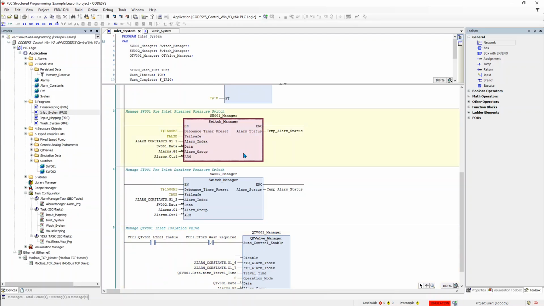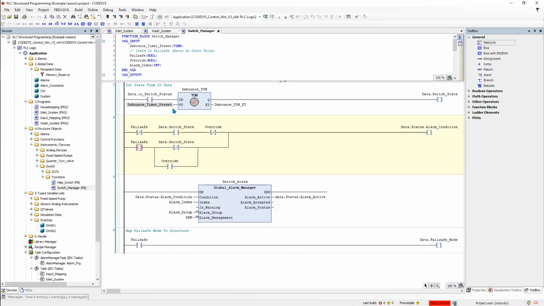Because if I was to go into this switch manager here, you'll see that this is the code that is actually passed in and out of my structure. So I bring my structured data in on data, so I'm checking the IO switch status, doing my debounce, and then if I'm fail-safe or not, I work out whether or not an alarm condition should be true. If the alarm condition is true, I then have my global alarm manager, which we'll come on to a bit later, and I manage the alarm for this particular asset,